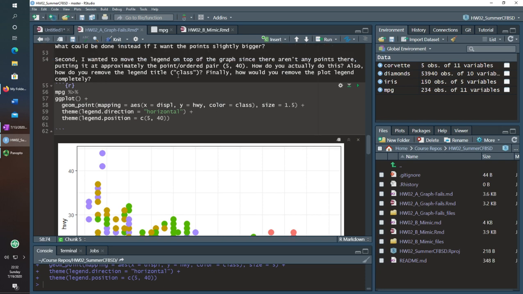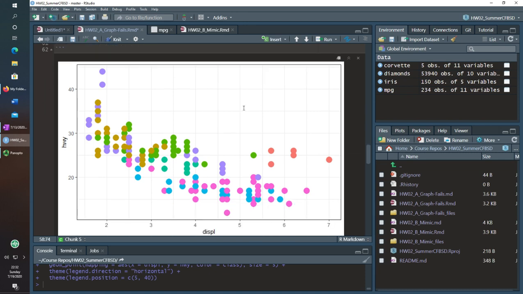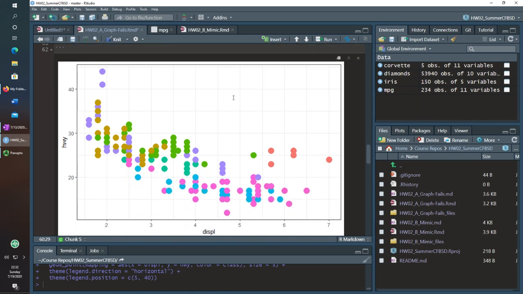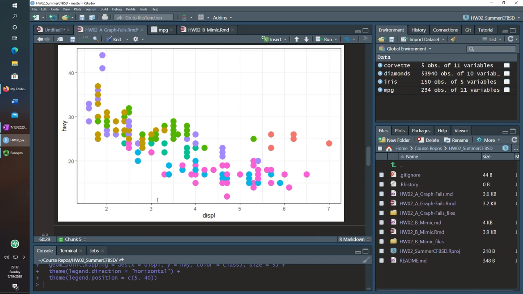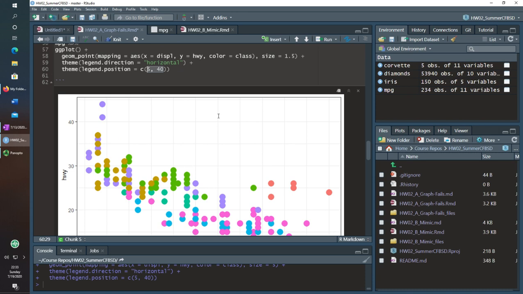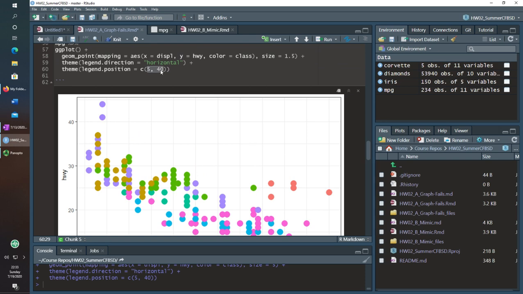And the other thing that I mentioned was I want the legend position to appear right here. And right now it doesn't do that. It doesn't appear at 540. The reason for this is that the position also takes a value of 0 to 1. It's sort of a percentage instead. So this works well because you can actually play with the graph then, and it will always appear in that sort of position. It doesn't need to know what values are in the x-axis, which is why it works this way.